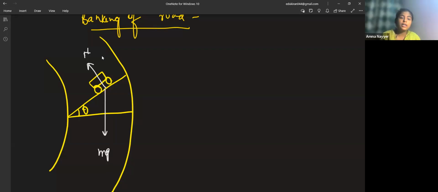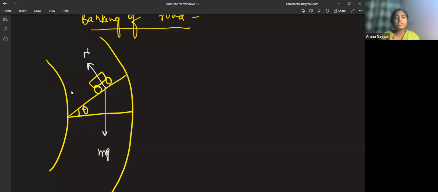All right. So instead of resolving mg this time, because mg is falling downwards only, along the x and y axis, what you have to focus on is resolving the forces which are not along the x and y axis. So this is along the y axis. How can you resolve it? Right now, we are not focusing on the inclined plane. Had it been a question of an inclined plane separately, then I've told you along the plane or perpendicular to the plane. Right now, we have to focus on all the forces along the x and y axis because we have to have the forces along the center.